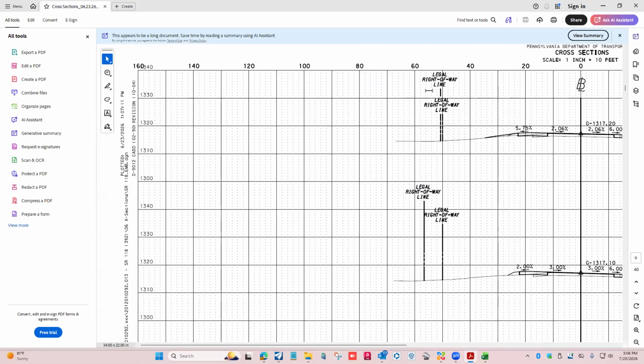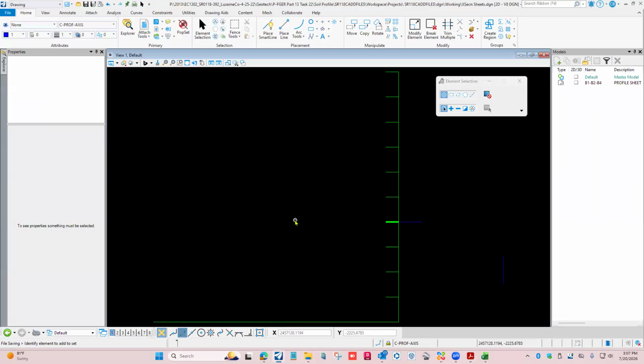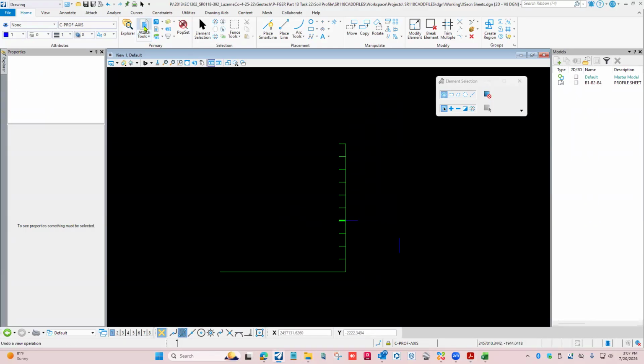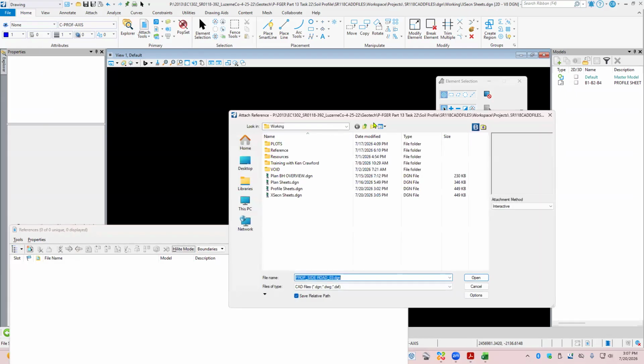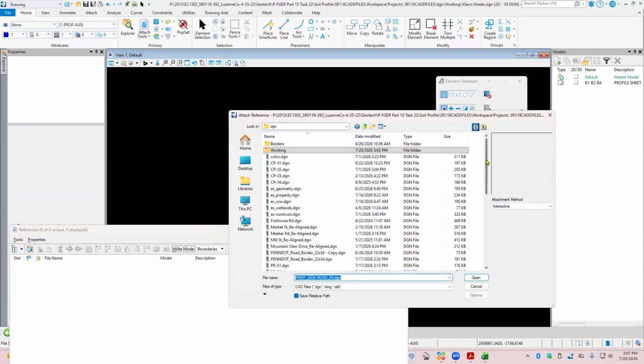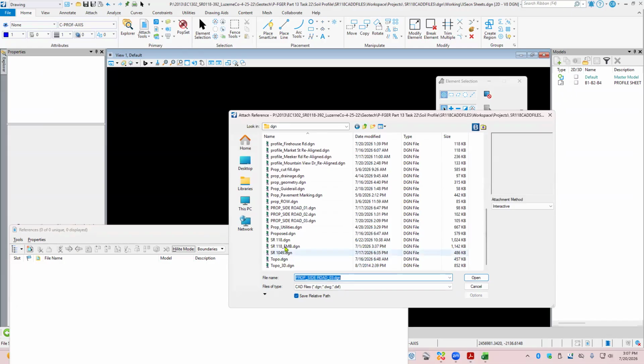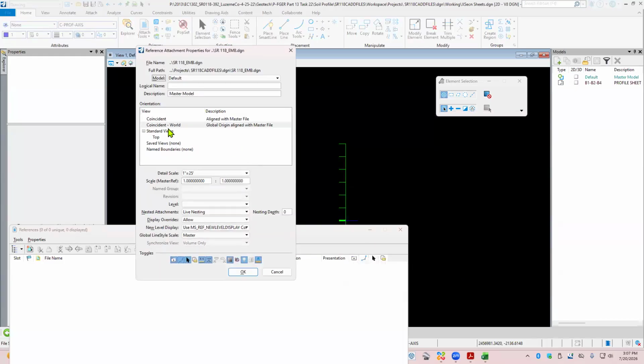SR 118 EMB. So we go back to here and we are going to reference, going to attach from our DGN folder, SR 118 EMB. See, 118 is also a bunch of sections, but since it's the official sheet's EMB, we're going to use that one, interactive. We're going to say, we'll choose this and we're going to call this one